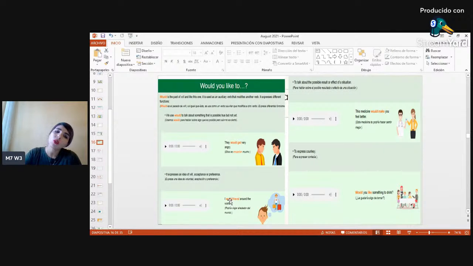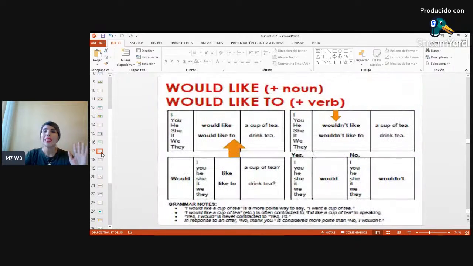Cuando nosotros usamos el would antes de un verbo en su forma base, ese verbo cambia a la terminación ía, como una posibilidad. Yo bailaría, pero primero tenemos que poner pronombre personal o subject y posteriormente el would para después incorporar lo que es el verb in base form. So, the structure is this one.